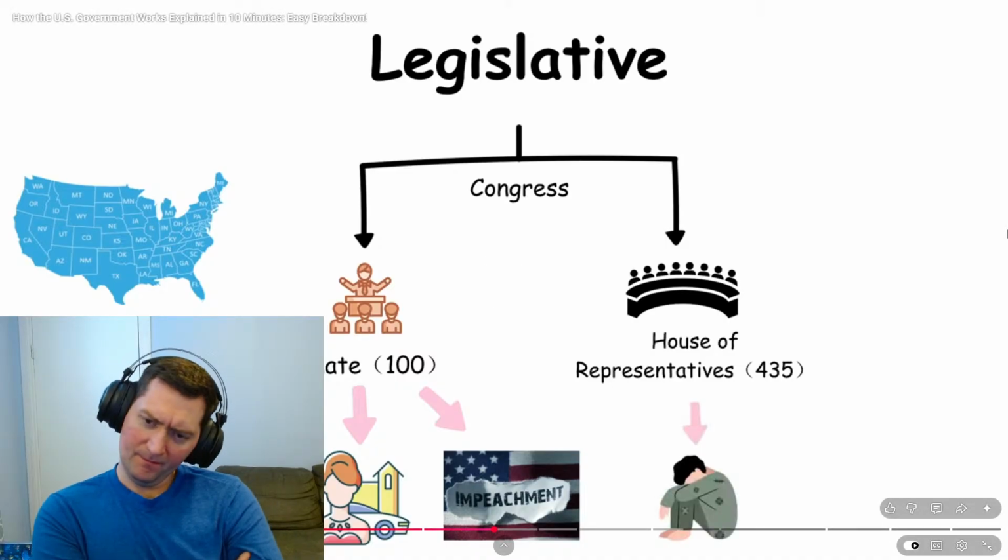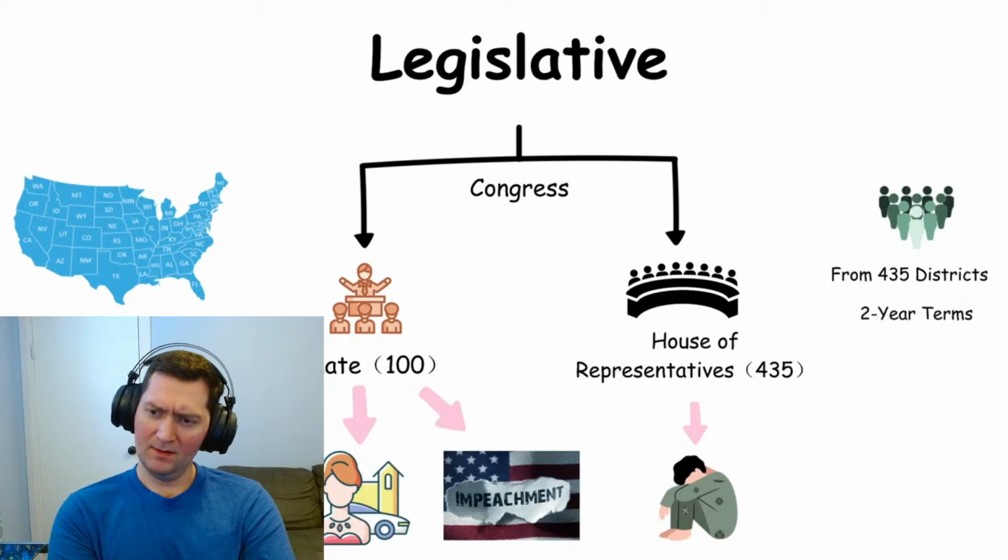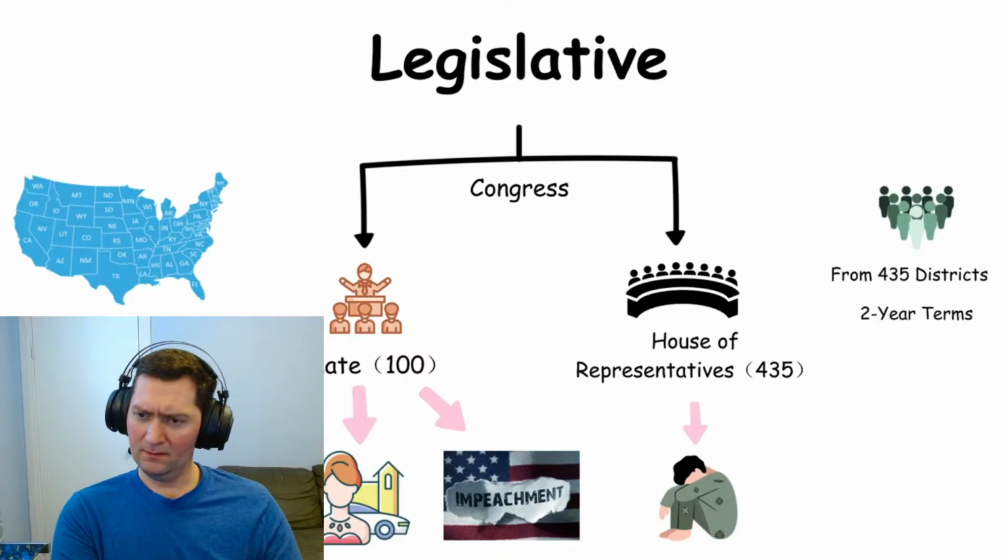The House of Representatives is the lower chamber, with 435 members elected every 2 years from districts across the country. The number of representatives per state is based